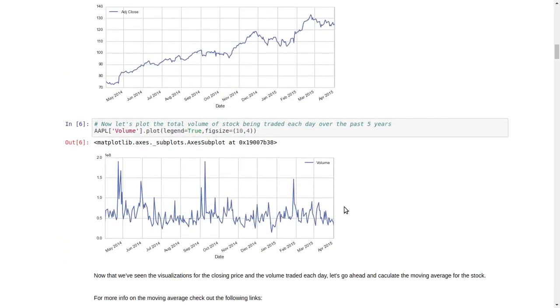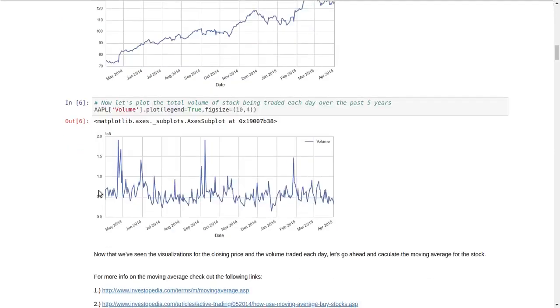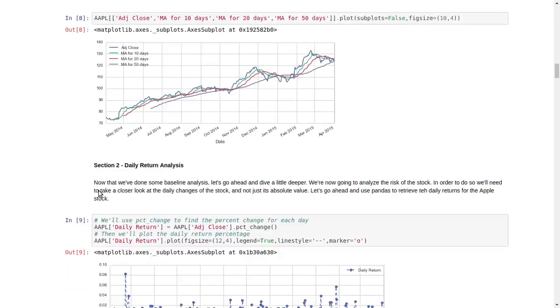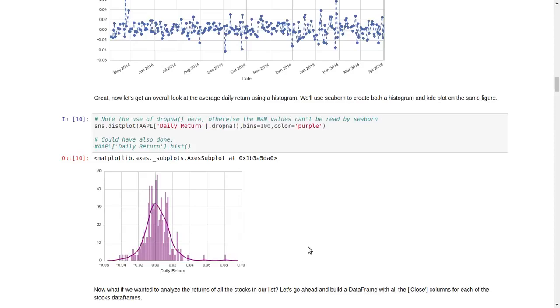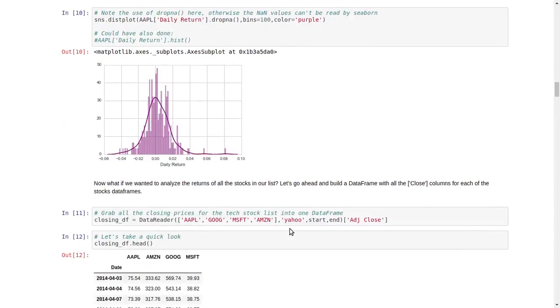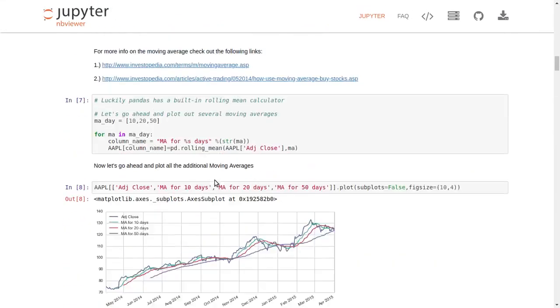Now you can see the output. Now I'll be explaining the code. Okay, this is the output about the stocks of different tech companies. Like we have taken 4 companies: Apple, Amazon, Google, and Microsoft. Now, starting with the code.